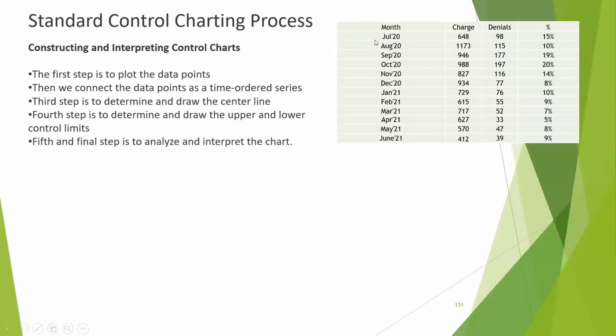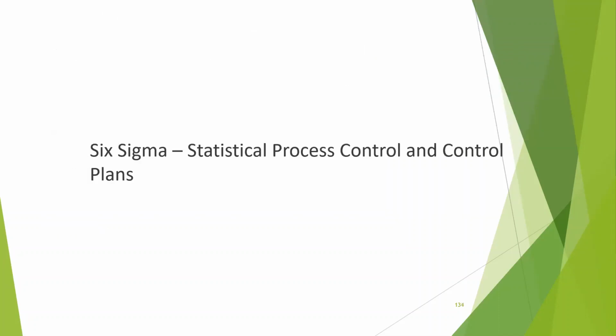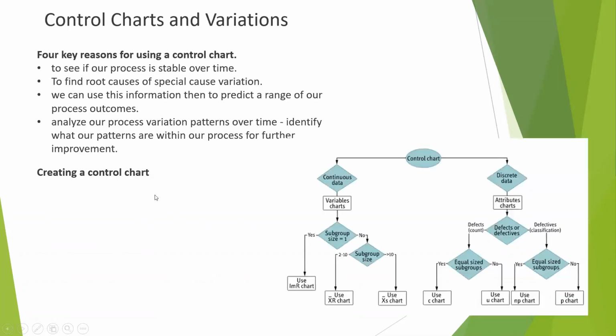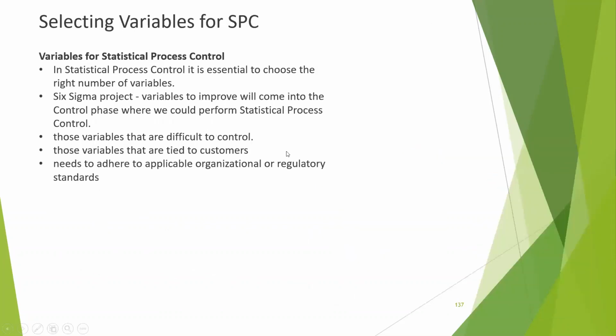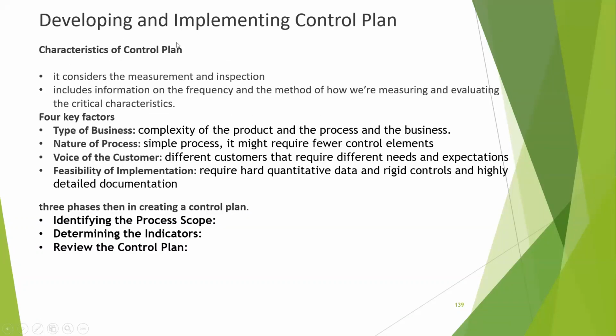So in the control process, we try to put an SPC chart over there. Okay. And for variable data, and the same way we discussed attribute data, what are all the charts. And here for the SPC control chart, we discussed who developed it, what considerations you have to give, and what common cause variation and special cause variation are, which is a very important one. And we discussed control chart variation, how to select the SPC chart and why we should select it. And if there are any overall changes, we can subgroup it and then do an SPC chart.